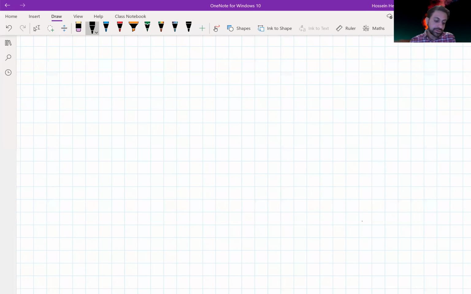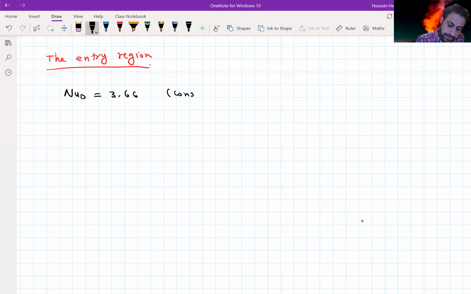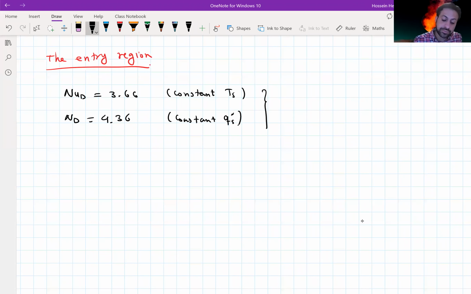Let's look at the Nusselt number for the entry region. So the Nusselt number for the laminar flow that we saw, 3.66 for constant Ts, and Nusselt number 4.36 for constant surface flux. These two are valid when both temperature and velocity profile,